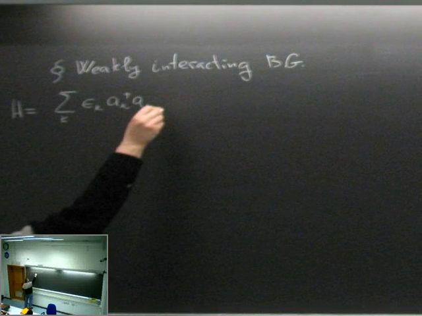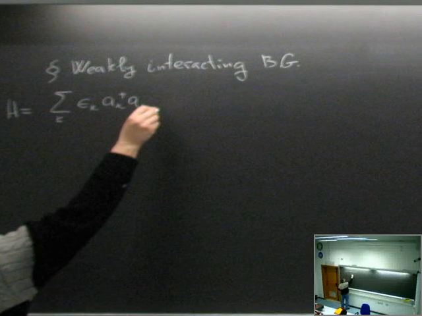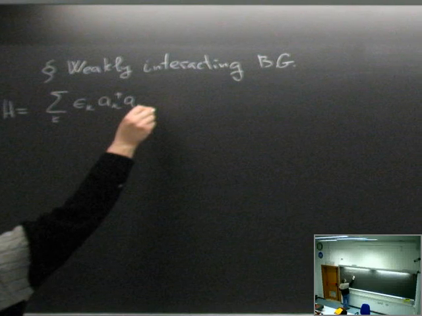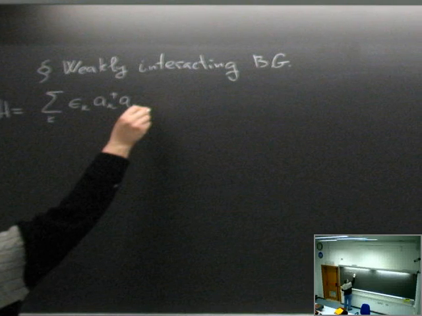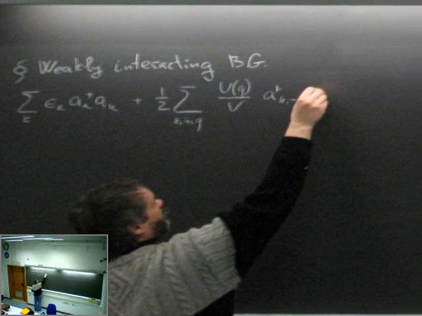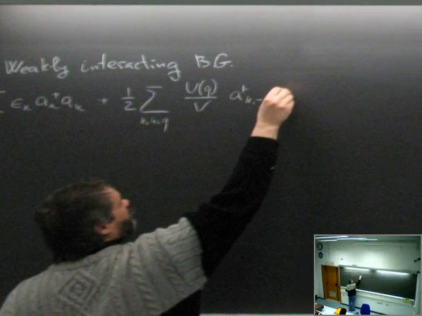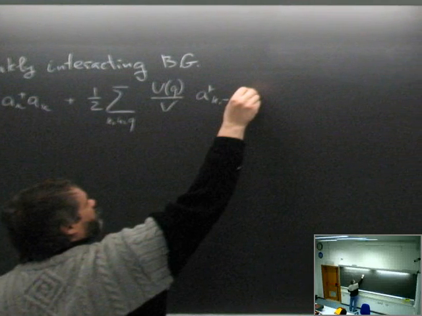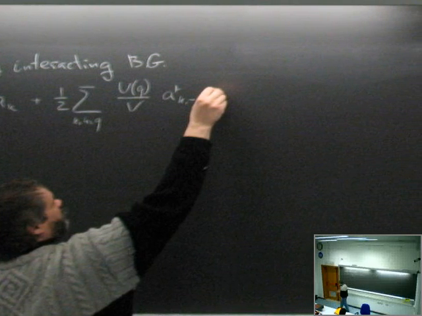Well, as usual, we add more discussion. What's the problem we are going to solve? First of all, the Hamiltonian. The Hamiltonian consists of two parts. The non-interacting one, kinetic energy, epsilon k, a dagger k a k, plus 1/2 sum over k1, k2, q, U q over V times a dagger k1 minus q, a dagger k2 plus q, a k2, a k1. So we have spinless bosons